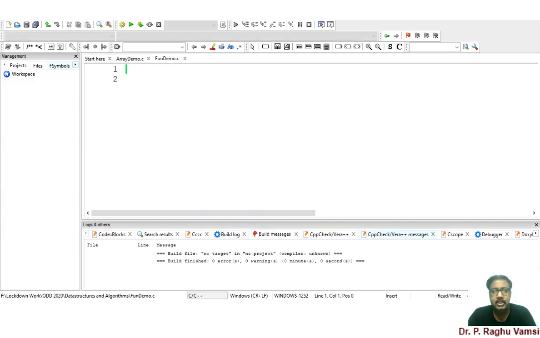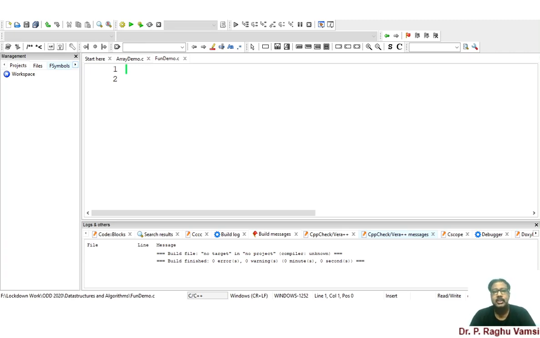So the next topic in the list is functions. Basically, functions are very important structures that we are going to use in any programming. If we want to repeat a set of statements multiple times for different inputs, then it is better to include those statements in a structure called a function. Functions in C programming have a function name and a set of parameters that may be provided to the list of statements that you include in the function.